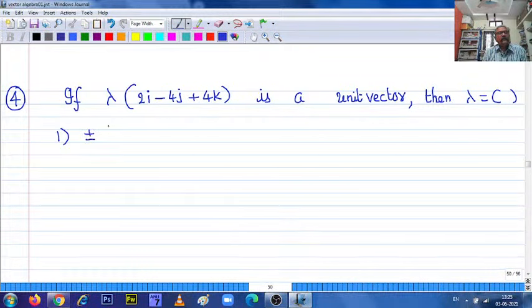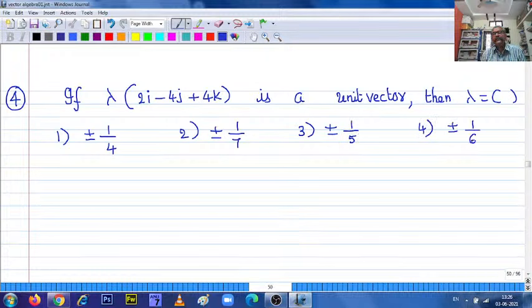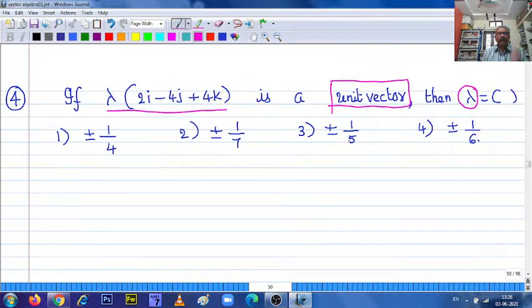First option plus or minus 1 upon 4. Second option plus or minus 1 upon 7. Third option plus or minus 1 upon 5. Fourth option plus or minus 1 upon 6. Right. So now see, this is a unit vector. Unit vector means whose modulus is equal to 1. So that means given that actually here modulus of lambda times 2i minus 4j plus 4k is equal to